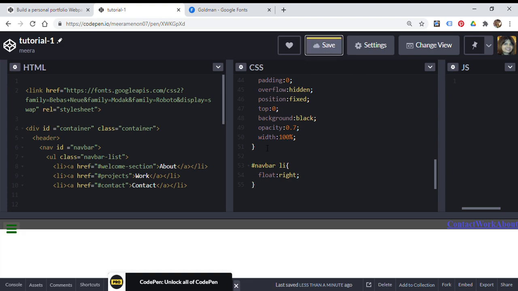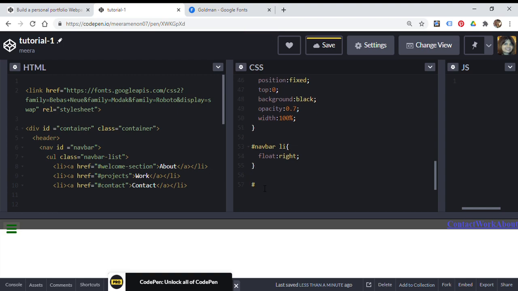Okay. Now just one last item to style. Navbar li, and then go to the a tag. So this is how you do it. First you go to navbar, go to the list, then the a tag, in this order, if you want to style the a inside this li, inside the navbar, right?